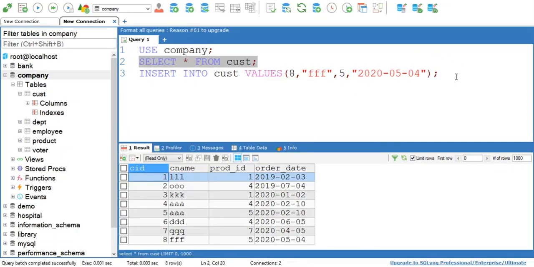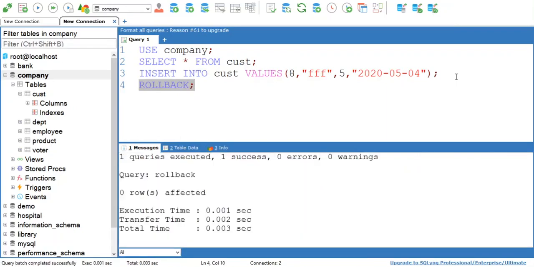Okay, so here now if you roll back this command, what rollback is used for is to undo all the changes. Undo means, see, here I have inserted one row by using the insert command. Now undo means to undo the changes done by this insert command. It means if I execute this rollback command, then customer ID 8, this new row, will be deleted. Okay, now let's verify this. If I execute rollback, see, rollback is successfully executed.